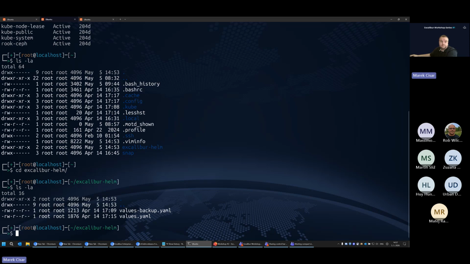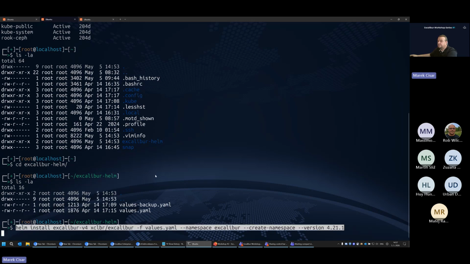So let's do so. I will copy the command from my cheat sheet. So helm install. This is my own custom name of the Excalibur deployment. I can put any name which I need to. I am installing this Helm chart, which is, by the way, located within this repository.